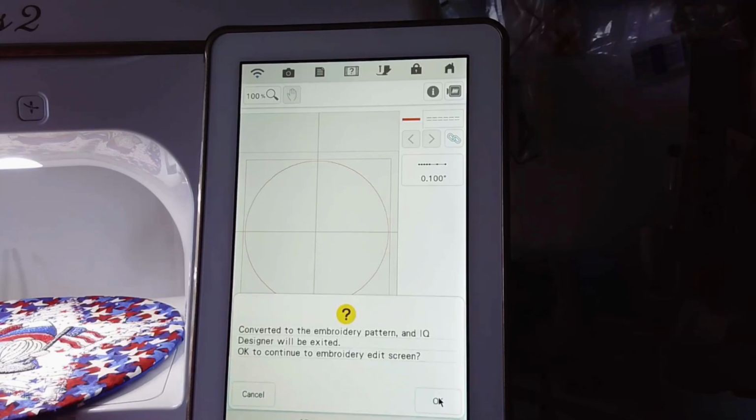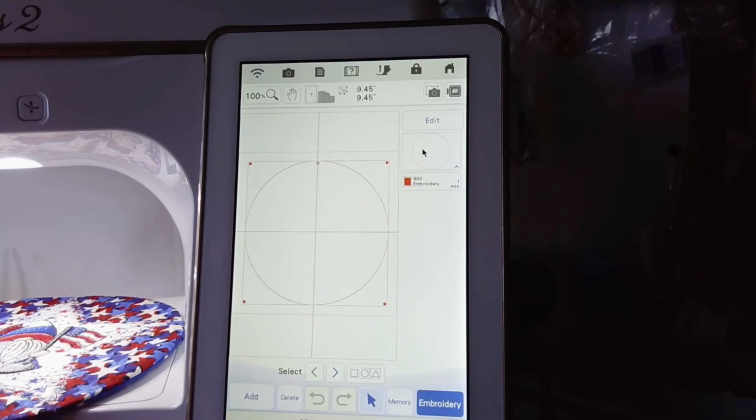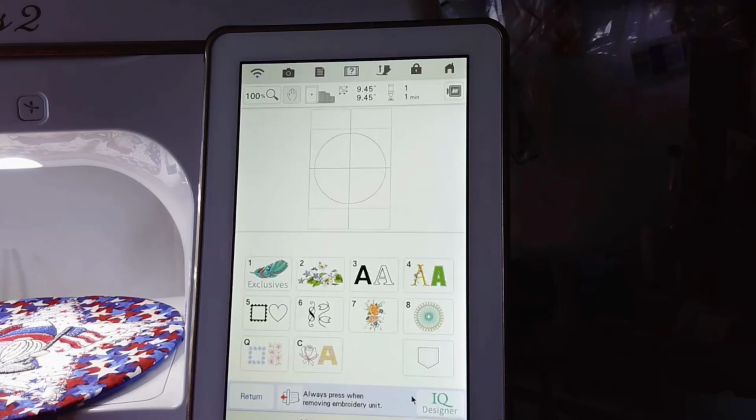Set. OK. And we have our first number here. We have 8 steps, so 7 more left. So now that I have that, the next thing that I want to do is a batting placement line. So let's go add IQ,